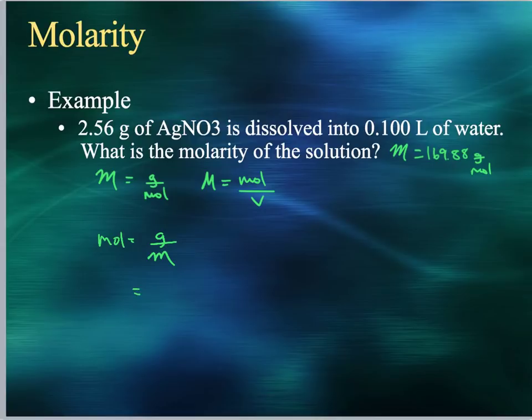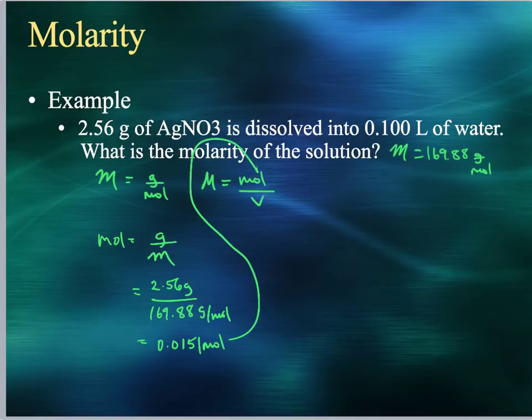And that's going to be 2.56 grams divided by the molar mass given in the problem, 169.88 grams per mole. The number of moles involved here, on the calculator, is 0.0151 moles. And I'm simply going to take that and plug it in right there. So my molarity is